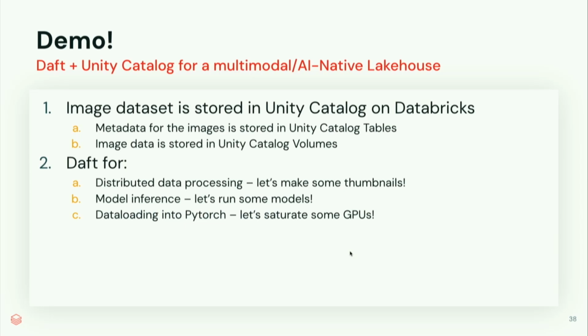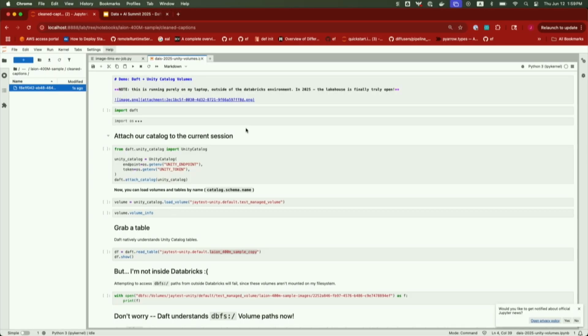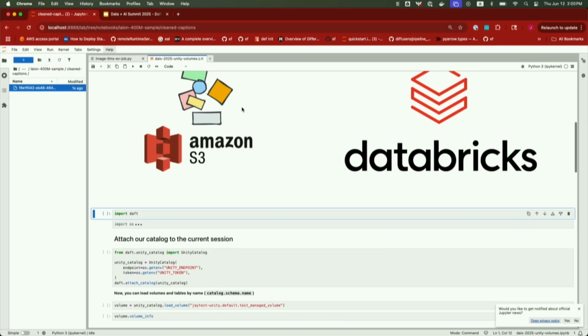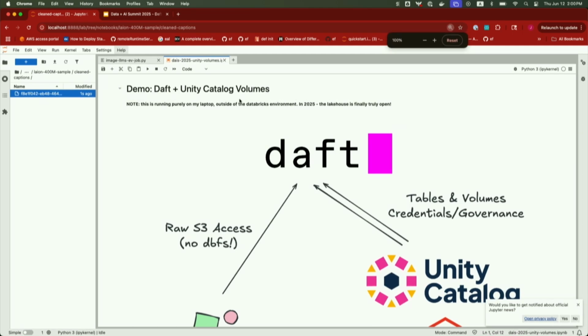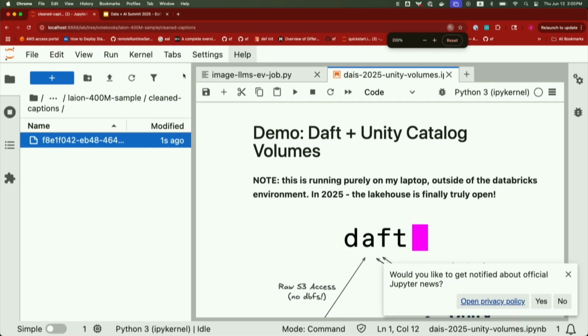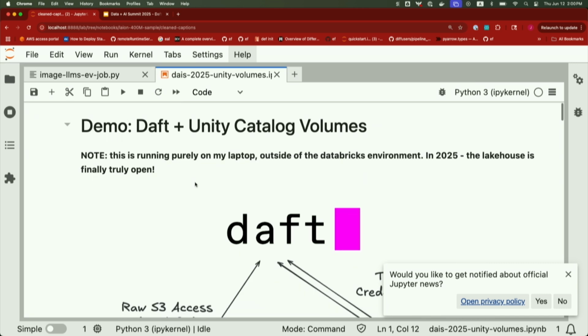Let's take a quick look at a live demo. Fingers crossed, everything works. But we will see that in this live demo, we're going to be running Daft against Unity Catalog. Let me increase the size of my screen. Collapse this. Yeah, so note that this demo right now is actually just running on my laptop. I'm not even in Databricks, right? I just have a Databricks account somewhere, and I got some credentials, and that's it. There's no other credentials, just Unity Catalog credentials and my laptop. And so I would argue that in 2025, the Lakehouse is finally truly open. You can access it from anywhere. Databricks has made good on its promise to make this open, which is amazing.